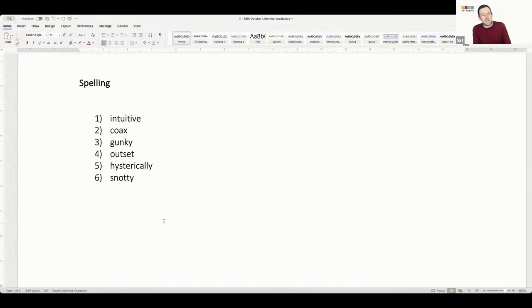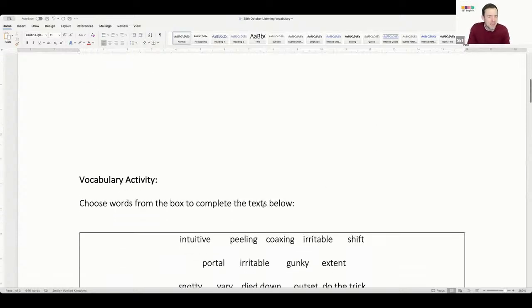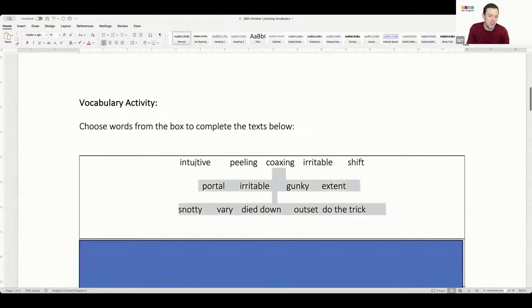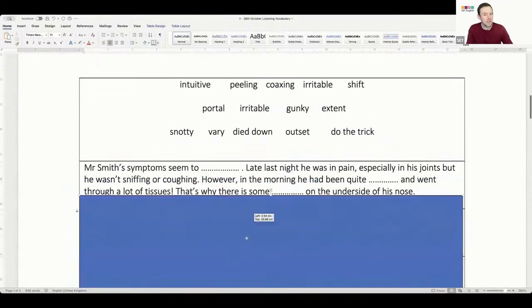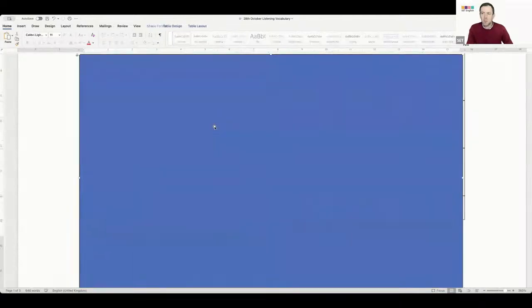So what I was thinking today is I don't have a formal matching of vocabulary definitions, but what I could do is go through any words that people are thinking, I don't really know them. So put your hand up if you've got any questions about words. We'll spend maybe 15 minutes on definitions, and then I've got a task for you with some other words, a task to fill some gaps like this.